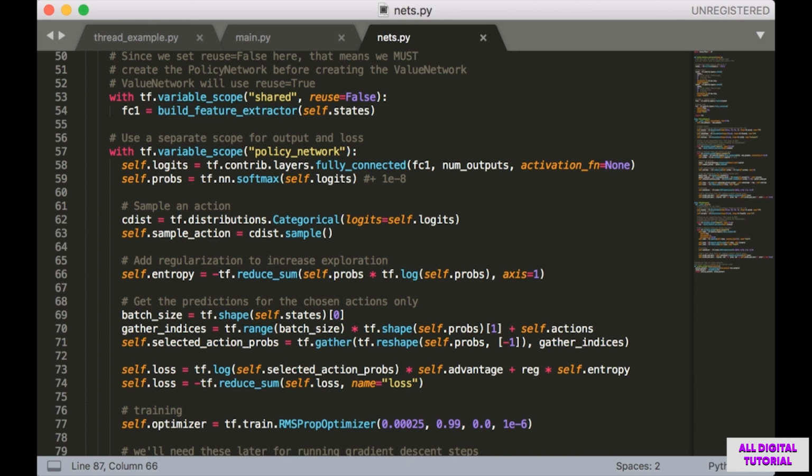First, we need a way to sample an action, given the output of the neural network. Luckily, TensorFlow already comes with a categorical distribution object, which accepts logits as input. We can create a TensorFlow tensor called sampleAction, and then use that later to sample actions. So that's what we're going to use when we're playing the episode.